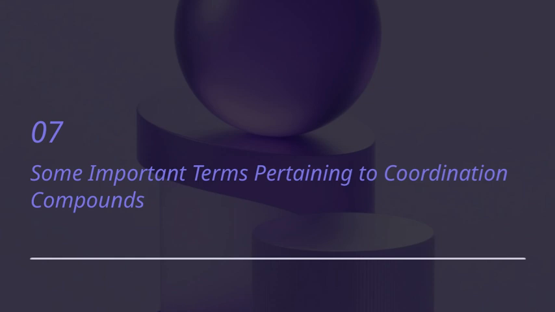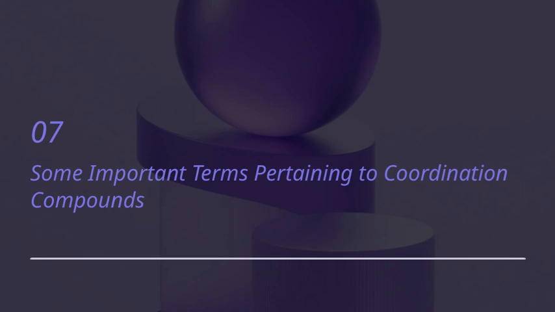Another important term is chelating ligand, which is a ligand capable of forming multiple bonds with a single metal ion, creating a more stable complex. This concept is significant because chelation affects the reactivity and stability of the compound. We also encounter valence bond theory and crystal field theory, which are models used to explain how ligands interact with the metal center and influence properties like